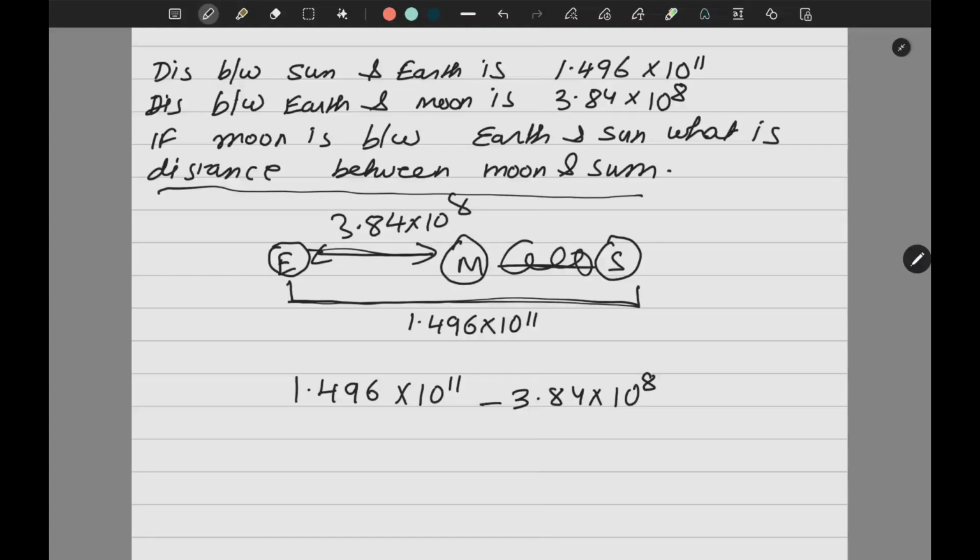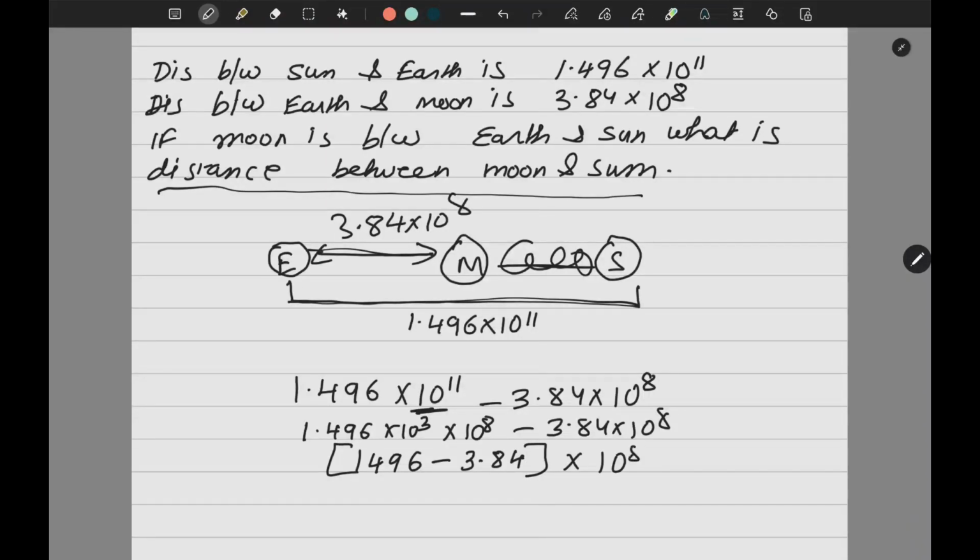8. Now as I said, I want to have the same exponent. So this I will make as 10 to the power 8. Now 8, 9, 10, 11. So 10 to the power 3 I will separate. So I'll have 1.496 into 10 to the power 3 into 10 to the power 8 minus 3.84 into 10 to the power 8. Correct? So now what I'll do here, 10 to the power 3 is what? 1000. So 1496 minus 3.84